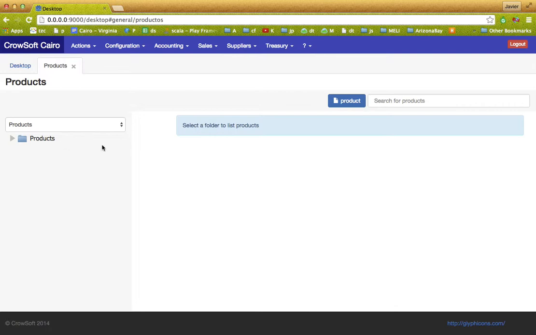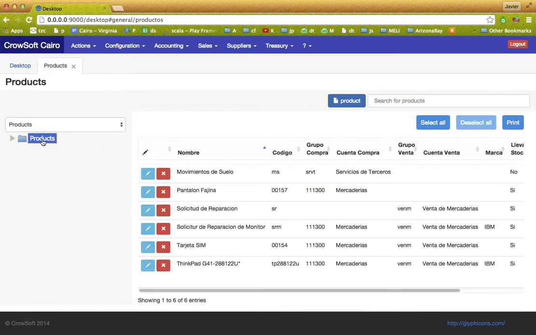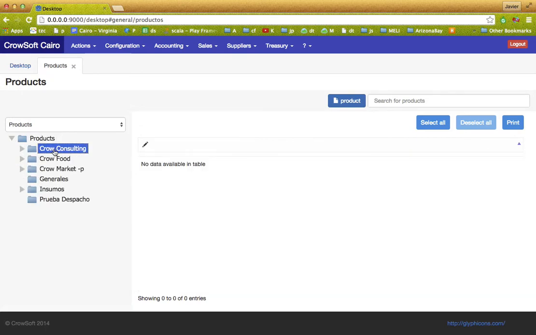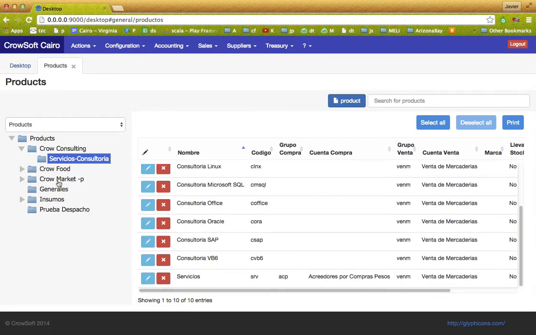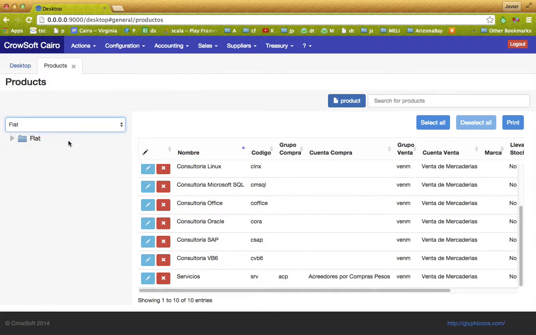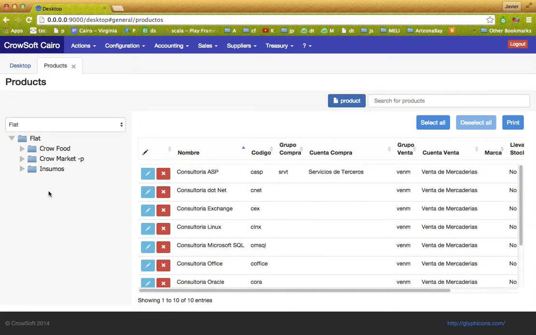Every table in the system can be browsed using this navigation that gives you a tree view that shows a hierarchy over the table, and you can list the rows that any of these folders contains. The folders are not fixed in the system. The user creates the folders and all the tree, and can create more than one tree for a table. For example, we have two trees to browse this table, the products table, and we can create a